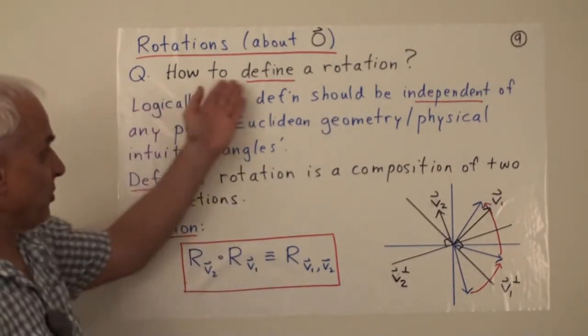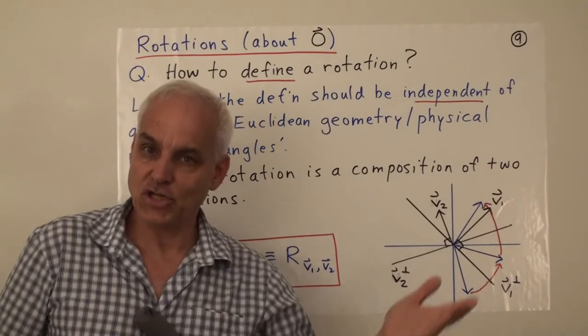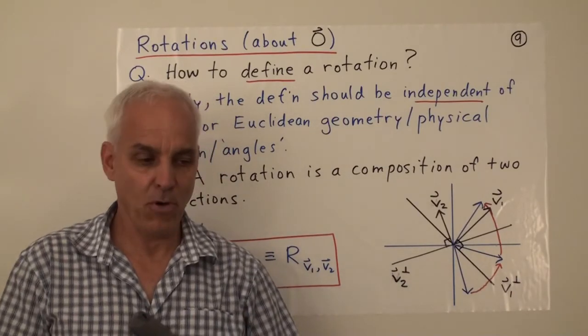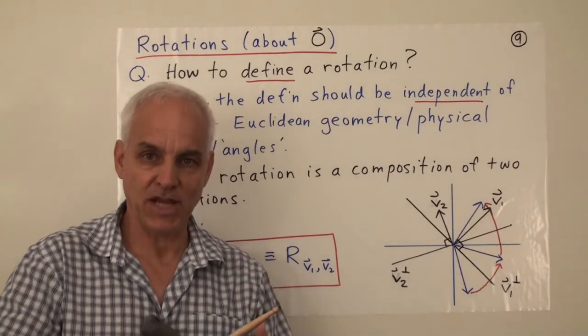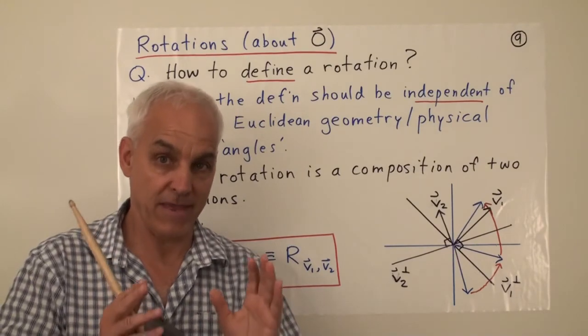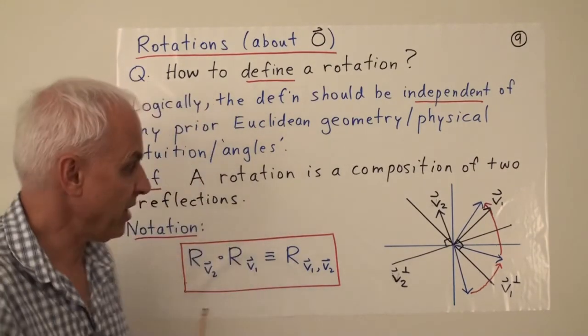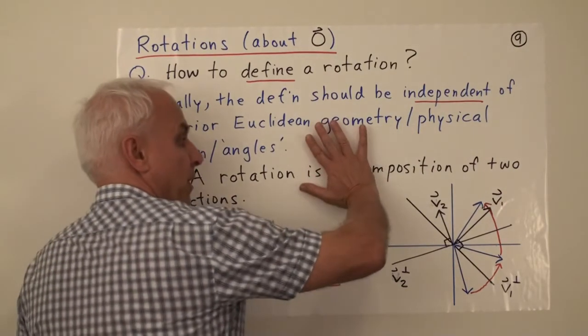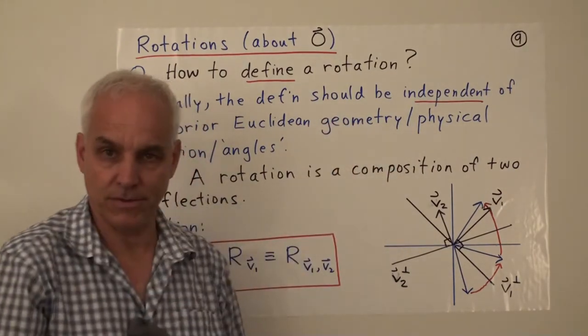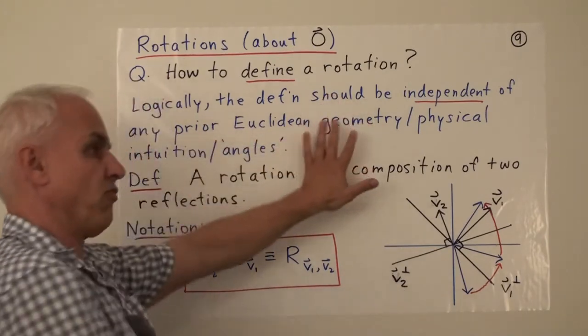We're going to start off with the question of, well, how are we going to define rotation in the first place? Before we start making computations with rotations, we should say, what are they exactly? What is their definition? And it's not enough to say, well, it's what you get when you move something around. You take the whole plane and you rotate it.